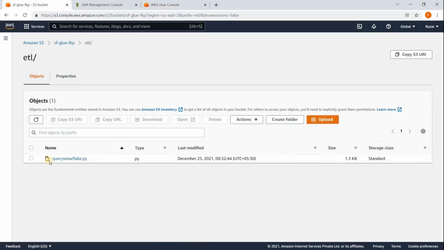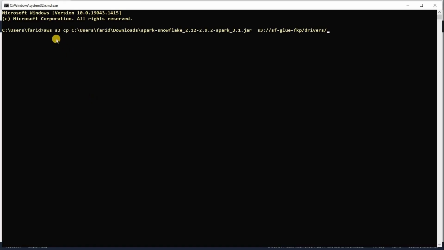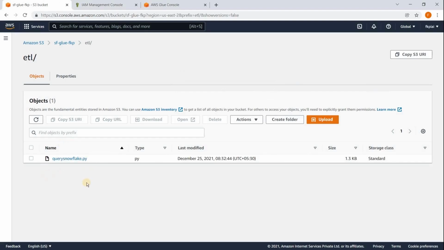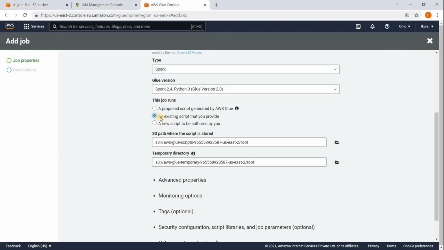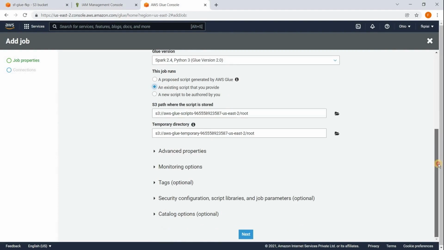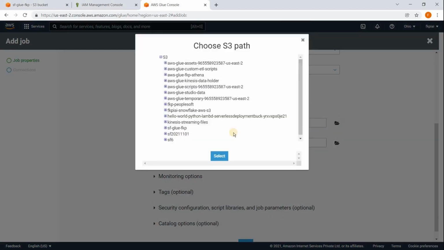This is that script. I have created this script and uploaded it to this folder, so you know how to upload a script to AWS. We have the AWS CLI commands. We use the command aws s3 cp, meaning copy, with the source file name and the target path on S3. Since we have this script with us, choose this second option and provide the path name. Where is your script?